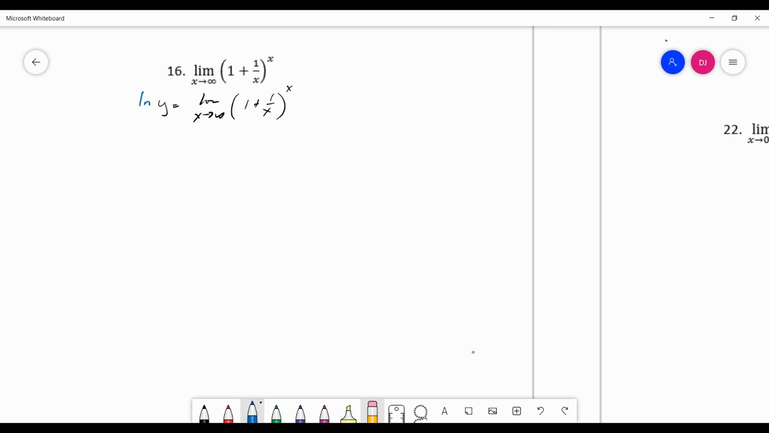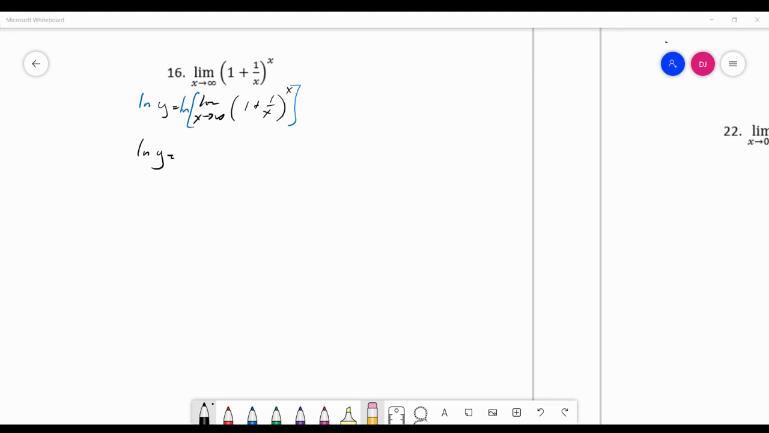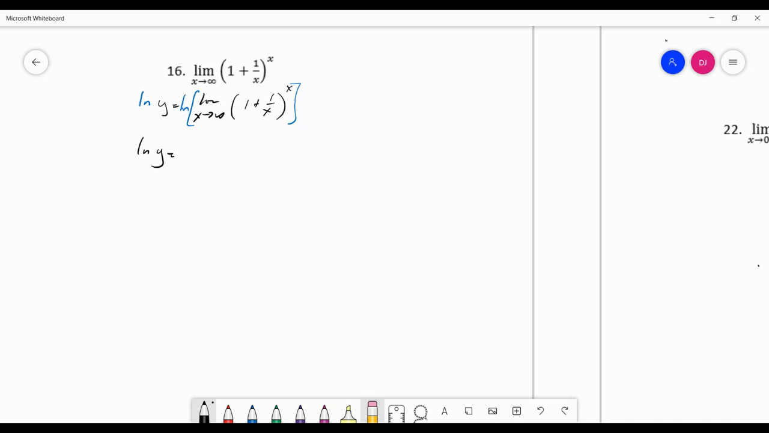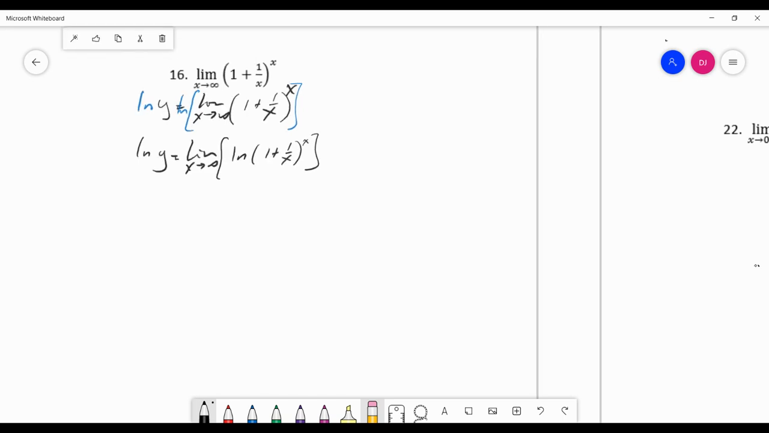Then we're going to take the natural log of both sides. And so we have the fact that the natural log of y is equal to the natural log of the limit as x approaches infinity of (1 + 1/x)^x. But recall that what we can do here is say that the natural log of the limit is equal to the limit of the natural log of the function. Using our log rules,